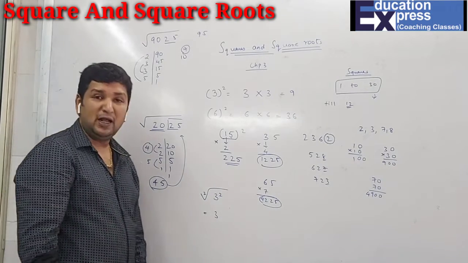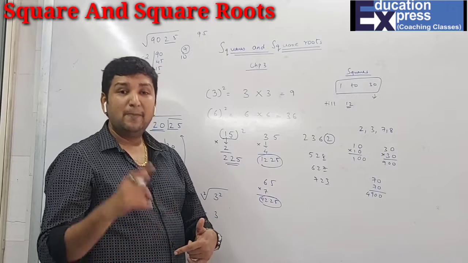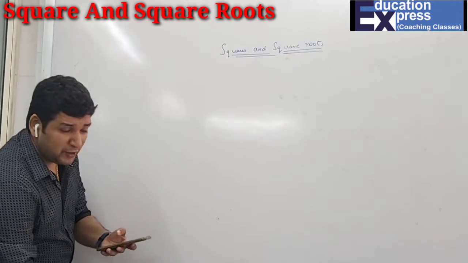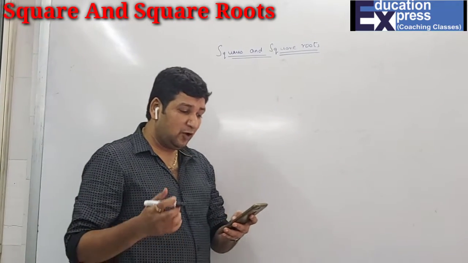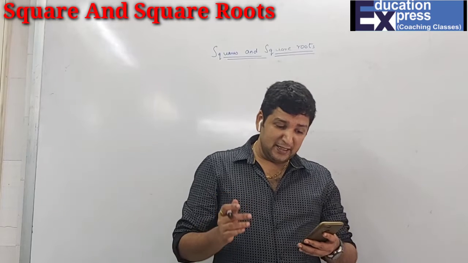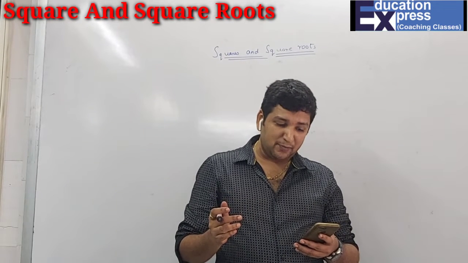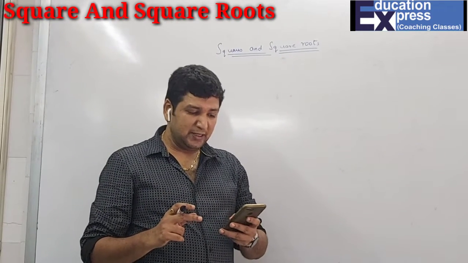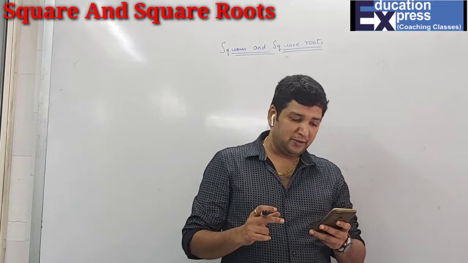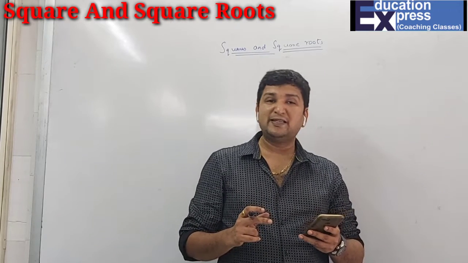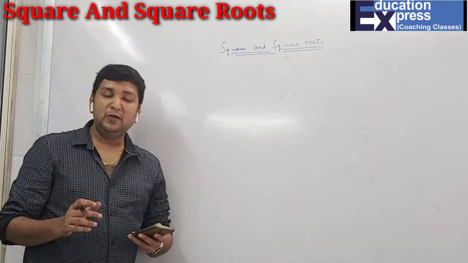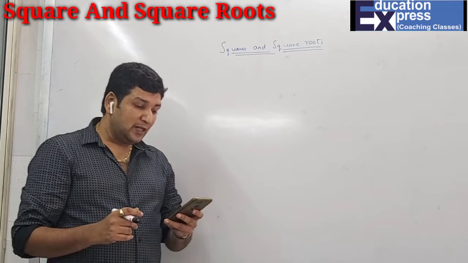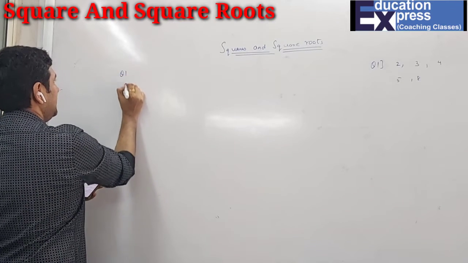First we'll just find how to find the squares and then the square root by the prime factorization method. Start. Now students, question 1 is find the squares of each of the following. There are 8 sub-questions, out of which we'll do 4. And the second question is, using prime factorization method, find which of the following are perfect squares. That means I'll explain you obviously how to find whether it is a perfect square or not, but the method uses what? Prime factorization method.